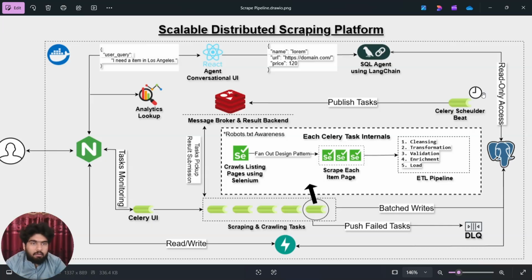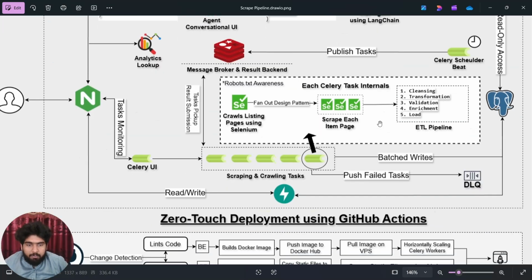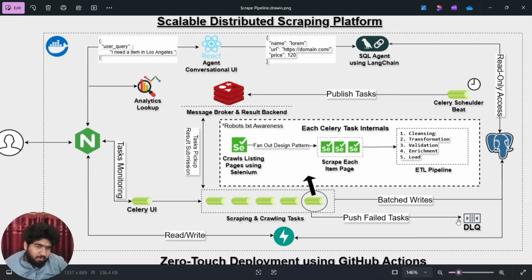The scale is massive. Okay, so this is the thing. Let me explain this as well. What if some task fails because you are not on your local? You are sending requests to the internet, doing network requests, doing some IO operations, talking with the database, doing a hell of a lot of operations. Maybe something fails. So then you push the failed task into the DLQ, dead letter queue, and then